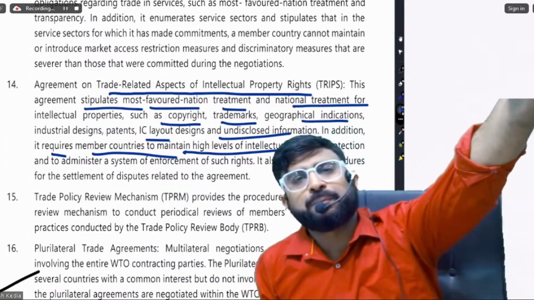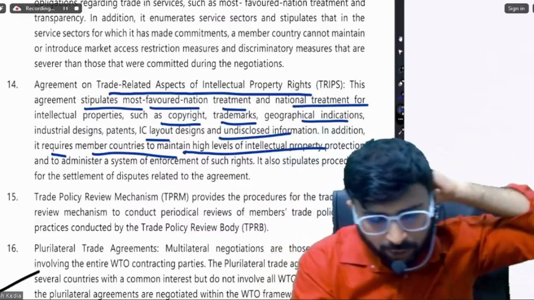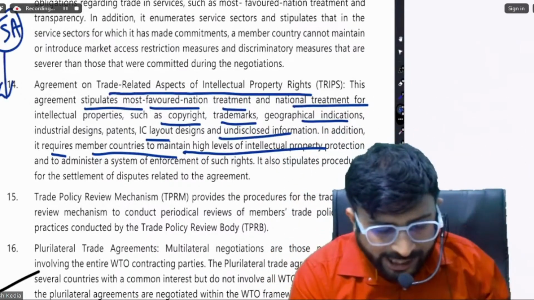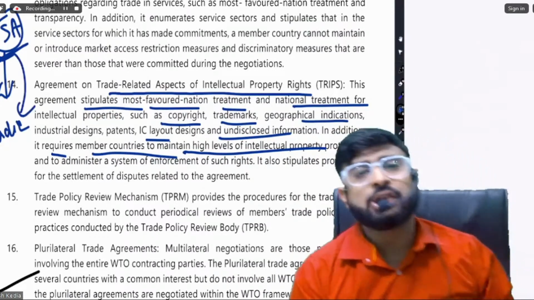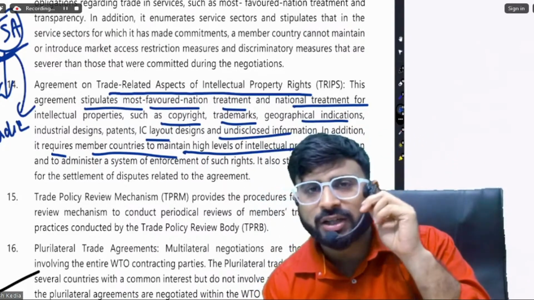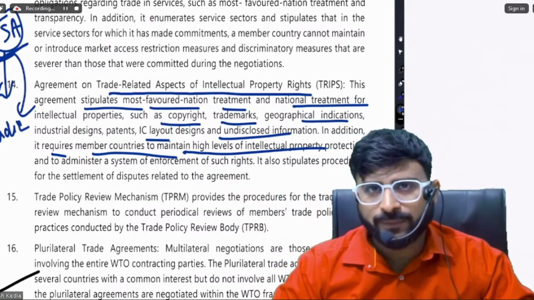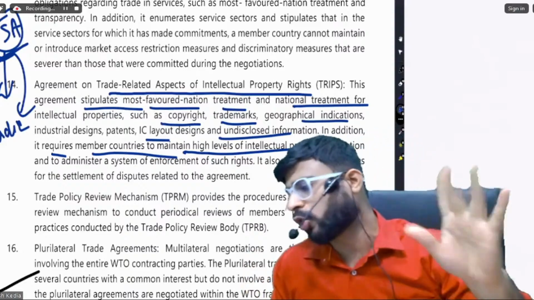So suppose some technique, some intellectual property was made in USA. Now India comes to know. So India cannot start producing the same thing because it is the property of USA. So only USA companies have the right to produce that. That is the respect for intellectual property. If India says that no, I will also produce, that is unfair. That is wrongdoing now.